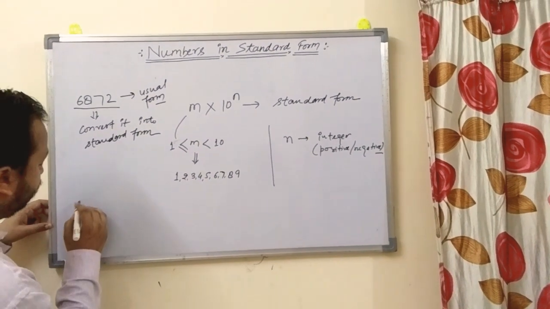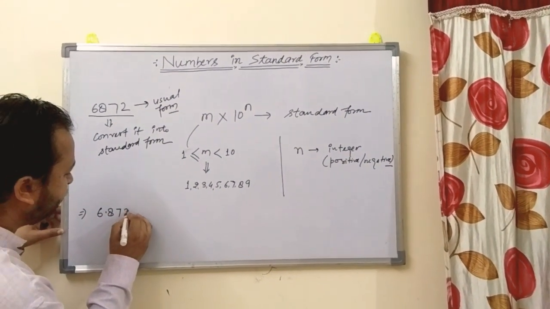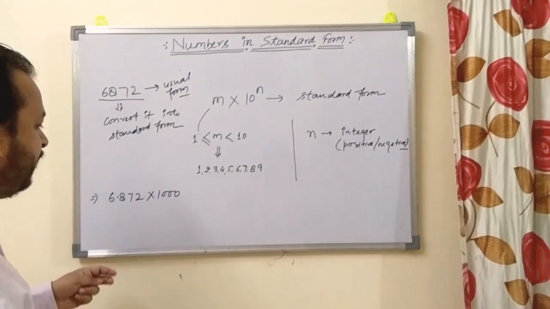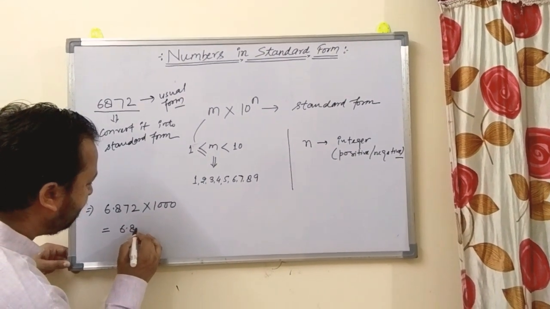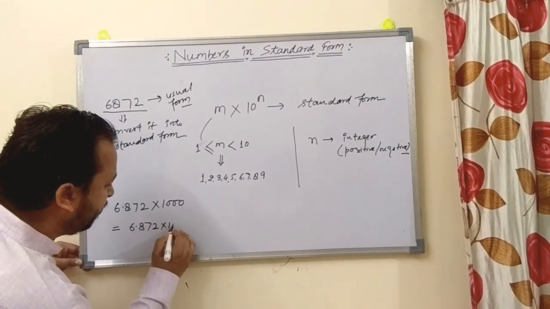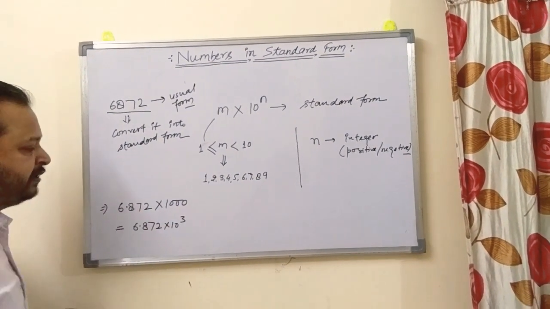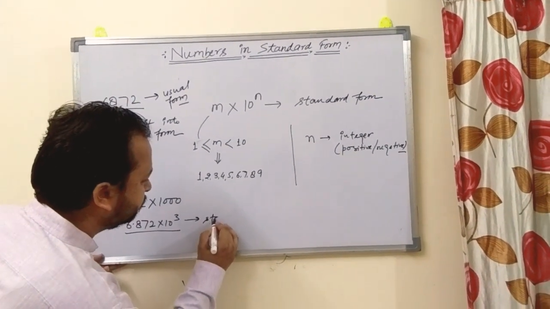So you have to write it as 6.872 multiplied by 1000, right? And that is equal to 6.872 into 10 to power 3. Why? Because there are 3 zeros. So this is standard form,